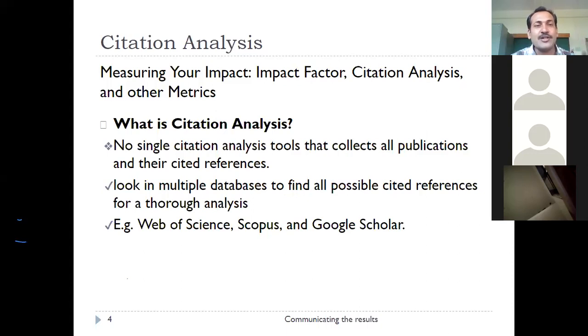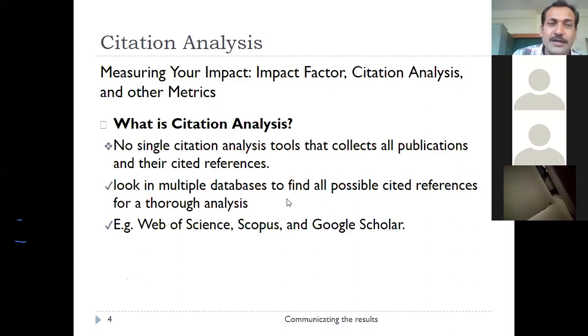Depending on the type of research or the area of research, several different citation analysis tools are available, right? It may depend on the area, the quality of the research article, and the quality of the research journal. Depending on that, they decide which journals will be covered in which citation analysis tool, right? Therefore, usually we need to go for multiple citation analysis tools in order to measure the impact of a particular journal, paper, or author.